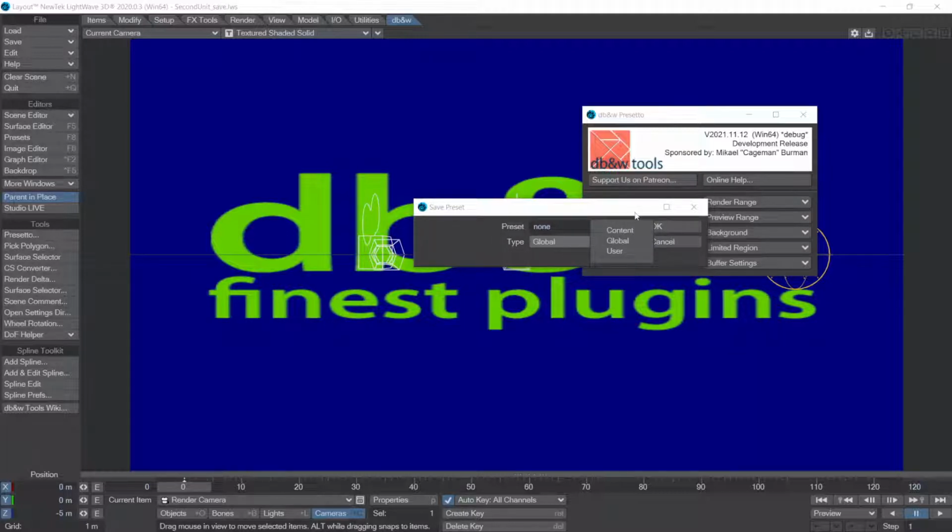Global is a location that any user account on that current machine can access. And user is just your local user account. And you can actually extend this list with custom paths. So for example, if you're working on a team and you would like a certain location on your network where you store presets, then you can